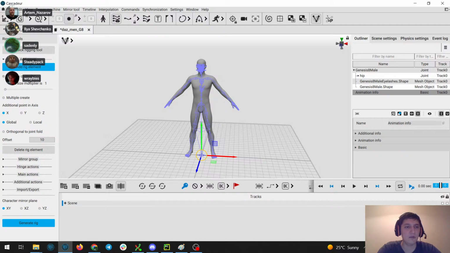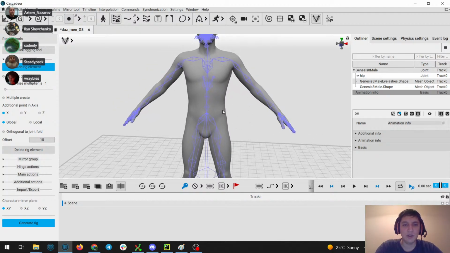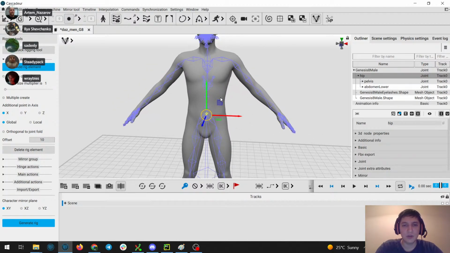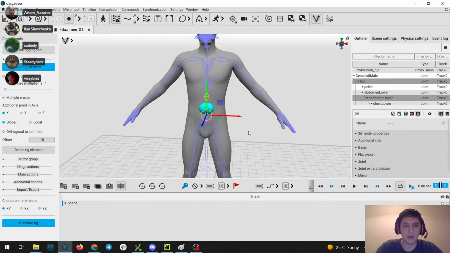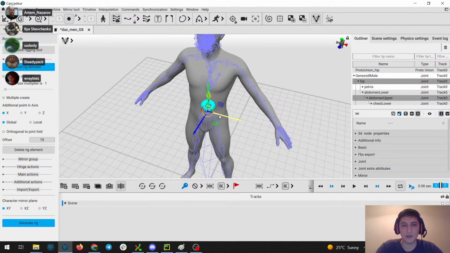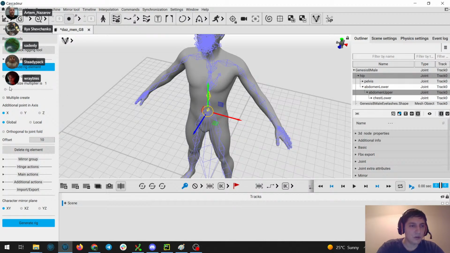it has a lot of buttons, a lot of settings, and all of these buttons and settings, basically what they do is they create what we call rig elements or proto objects. So for example, I can select a couple of joints and click add rig element, and this rig element will be created. You can see the additional point is at the x-axis, which is not pretty good, so I'll just Ctrl Z. By the way, I'll make the box larger because it was so small we couldn't even see it,